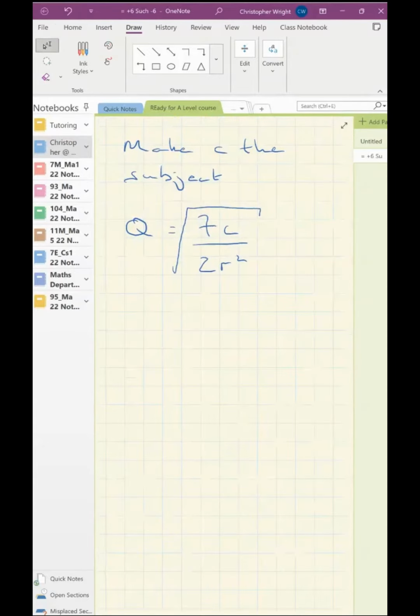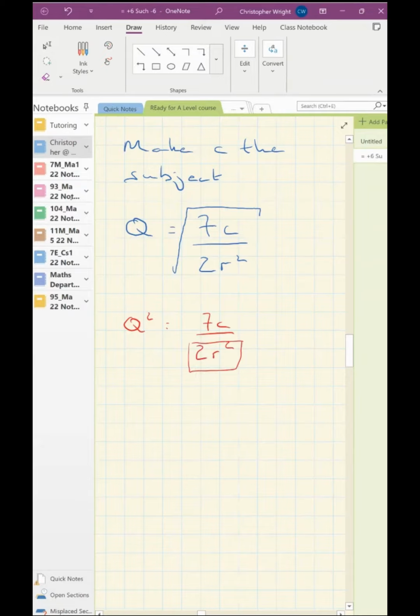Right, well, the first thing we're going to do is to square both sides to bust open that square root sign to get rid of that. So I'm going to have this. Now all I've done is square both sides. Now I really need to bust open this fraction, so I'm going to multiply both sides by 2r squared, which